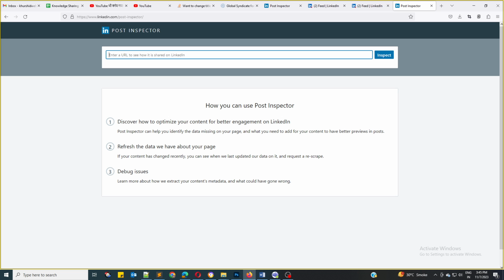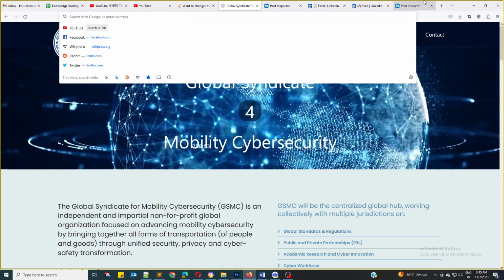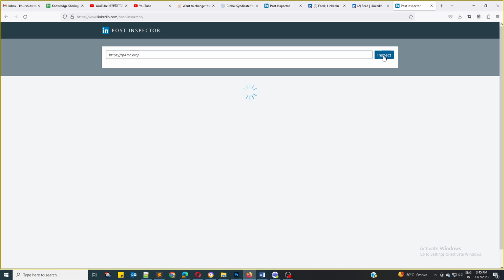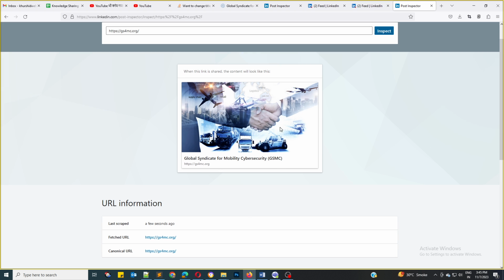After opening this, you have to enter your website name and website URL here. So I'm taking this website as a reference and pasting it, and inspecting, and all the data will be refreshed after hitting the inspect button.